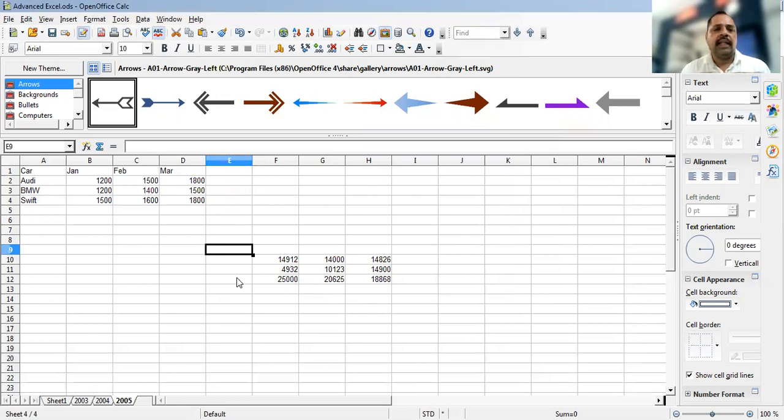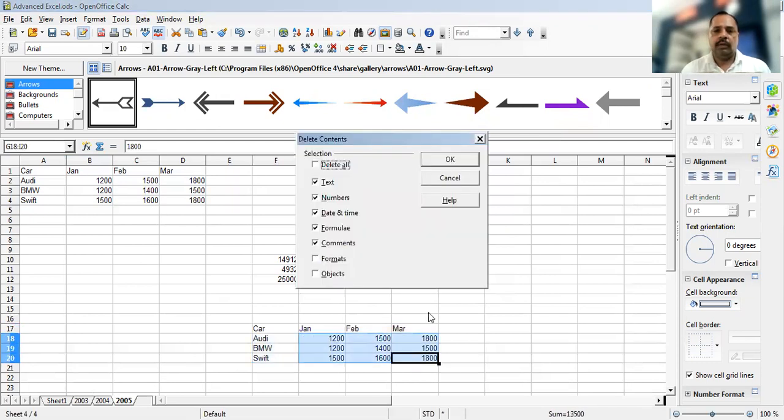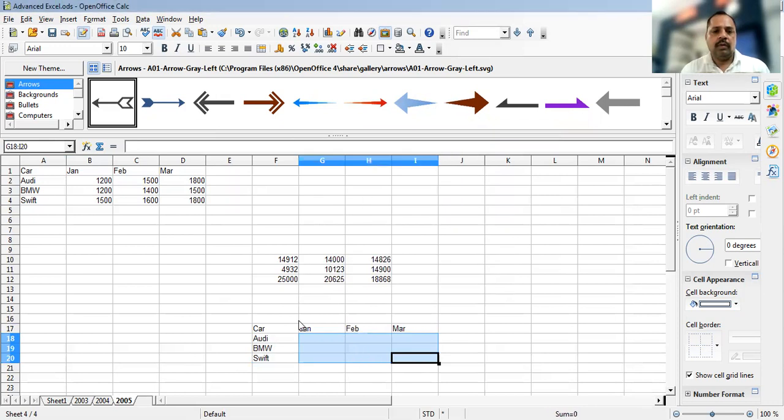But in this case, the label will not be there. If you want to add this data in the form of the label, then you have to just create the label here like this. I'm just going to copy it and paste, and you have to delete this data. Then you will put the cursor here in place of this one.